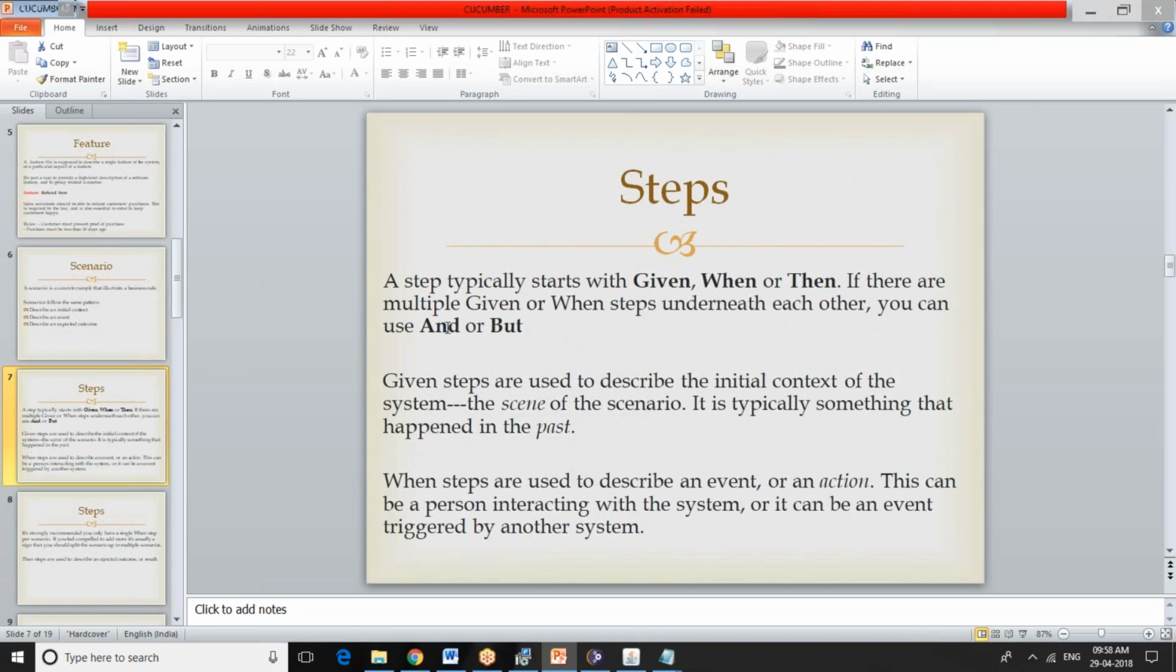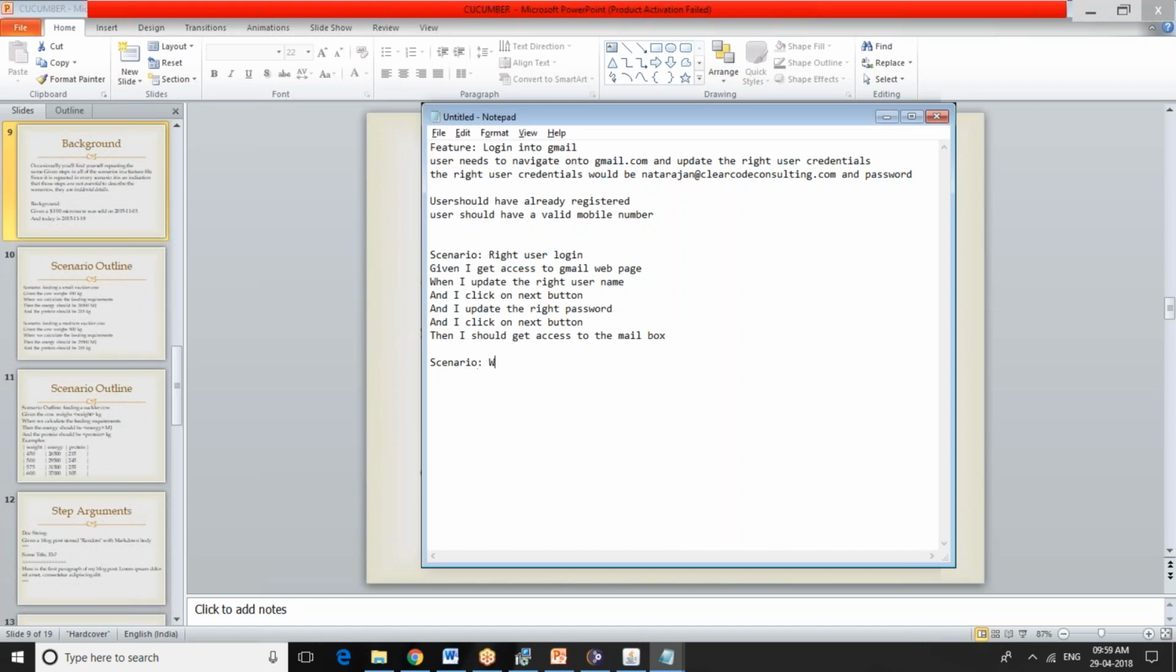Then getting on to background. Let's say this is a positive scenario. On the other hand, you can have another scenario, which is going to be wrong user credentials or empty user credentials. Under this, Given I get access to, and one more thing to be noted with a BDD Cucumber feature file